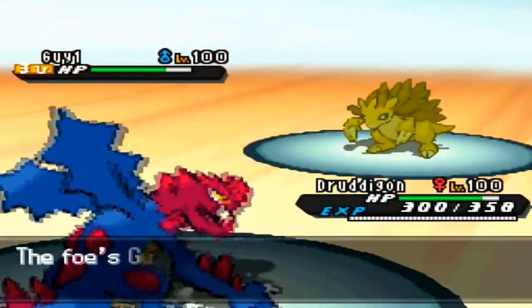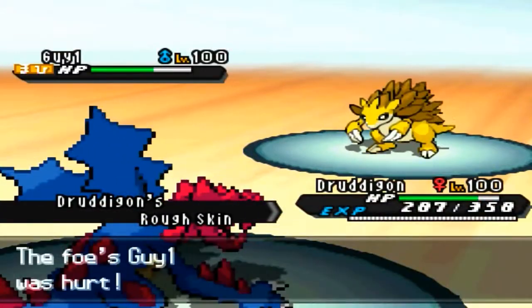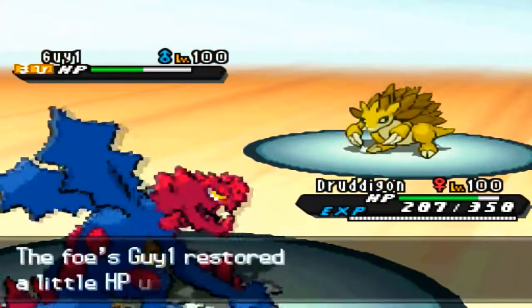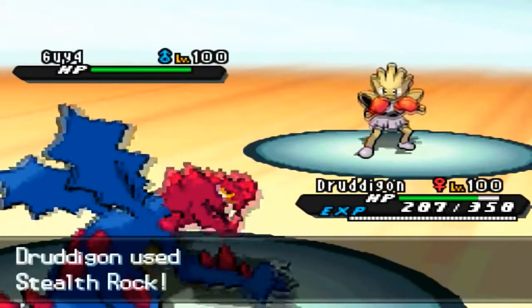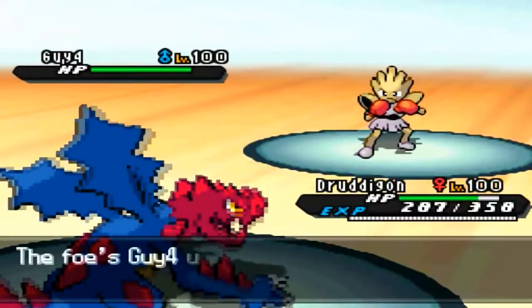So, as you can see, a STAB Dragon Claw does absolutely nothing. He's probably going to recover more HP with his Leftovers than I did. But fortunately for me, Rocky Helmet and the Rough Skin ability are going to do lots of damage, probably about 4 Dragon Claws to that Sandslash. So now I'm just going to set up the rocks again